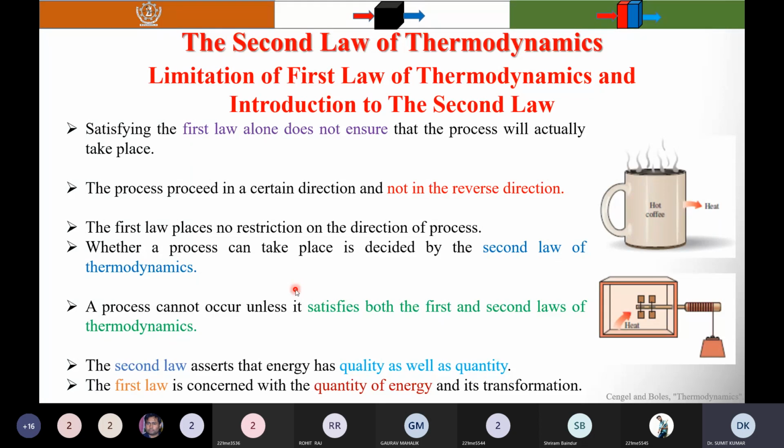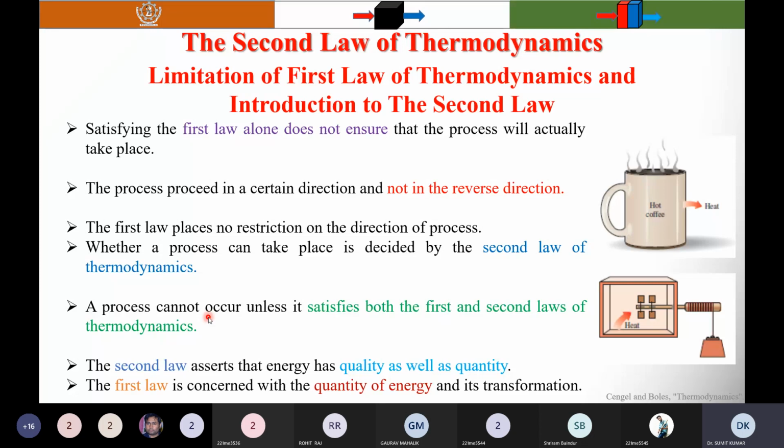So a process can occur when it satisfies both the first law and the second law of thermodynamics. If it only satisfies the first law, the process may not occur. A process cannot occur unless it satisfies both the first and second laws of thermodynamics. And if you remember from thermodynamics, the first law tells you